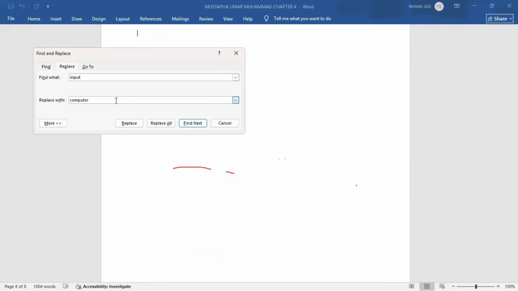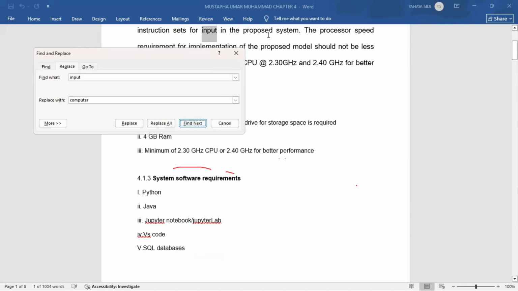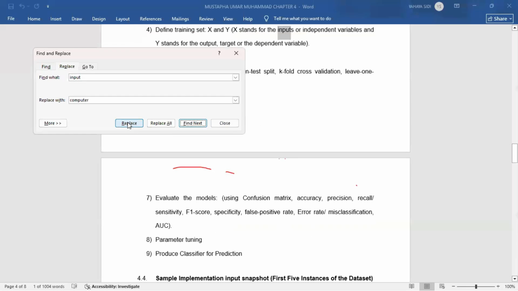So do I want to replace it all? If I want to replace all inputs, I will use Replace All. If I want to replace them one by one, I will use Replace. So let's use Replace first. I will first find them, and then this first one, as you can see, I place my cursor on it. If I press Replace, it will now change to